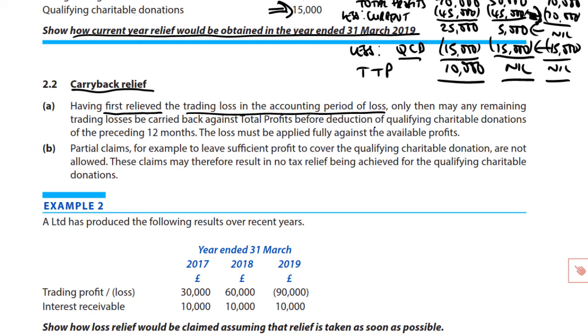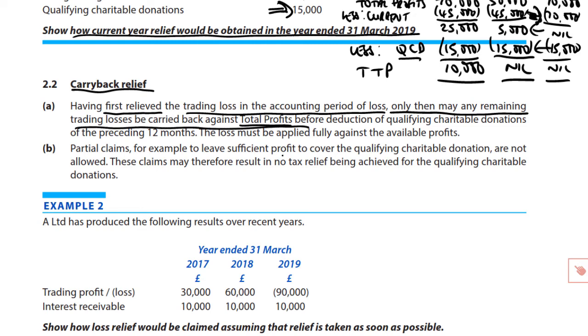If you wanted, of course, to carry the entire loss forward, that is entirely your choice, and you are free to make that choice. But if you want to carry the loss back, then the requirement to access that carry back is that you must firstly make a current period claim. So having first relieved the trading loss in the accounting period of loss, the current period, only then may any remaining trading losses be carried back